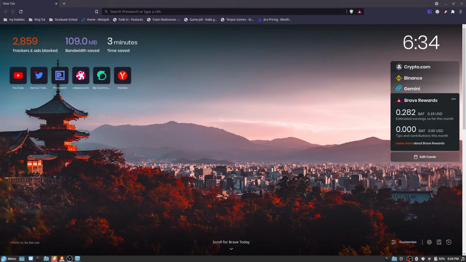All right, so let's try Brave app or web app. See if they understand what I mean. Brave Studio. What? What is this? Oh, okay. That's different.